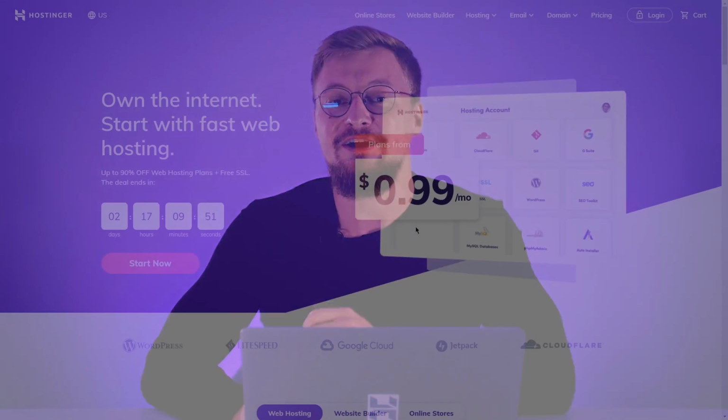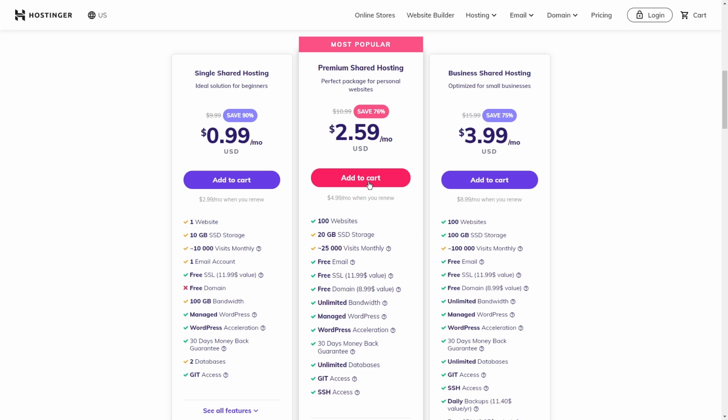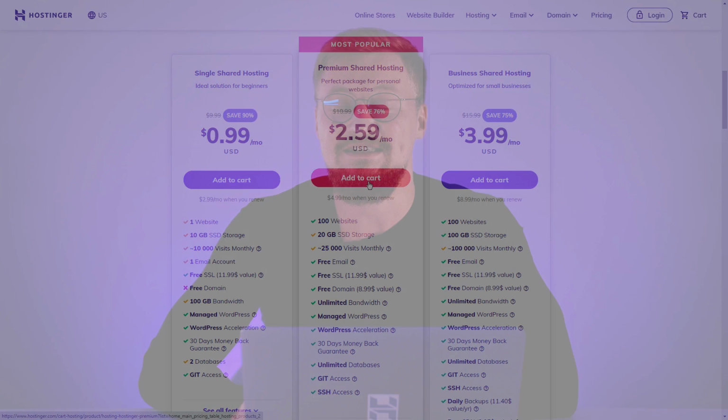Next, for your WordPress website, you will need hosting. You can get hosting at hostinger.com. I highly recommend you to start with a premium shared hosting plan, because with this plan you will be able to host multiple websites,